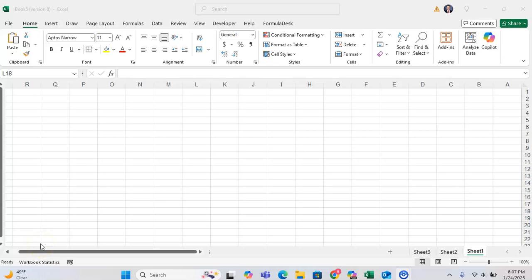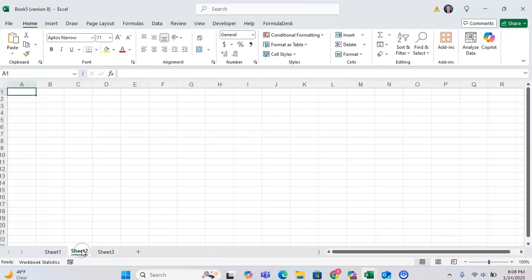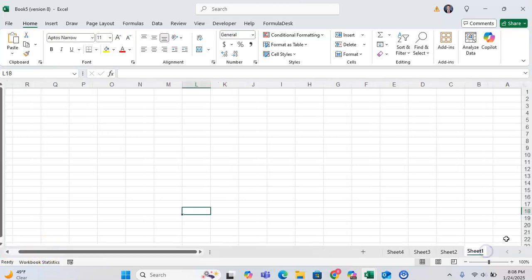In this tutorial, I'm going to show you how you can have one worksheet in a workbook display from right to left. So you can see I'm here in sheet 1. It is displaying from right to left with A1 in the top right corner. But as I go to sheet 2, it is going from left to right, as well as sheet 3. Add a new sheet, it is going from left to right, whereas when I go back to sheet 1, it's still displaying